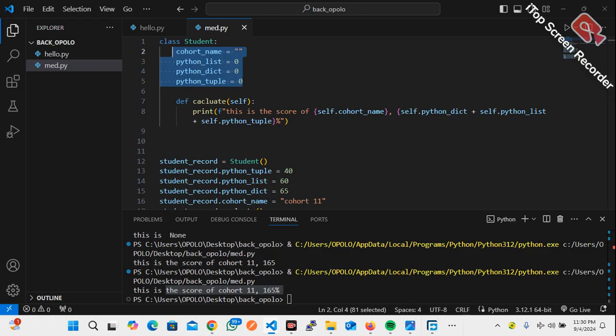Now, if you are using a constructor, it comes with parameters, right? The way you access a class that has a constructor is different from the way you access a class that doesn't have a constructor. So a constructor is just like a method, a class method. It's a special method. We call it a special method because you are not free to choose any name. It has a pattern, a model that it needs to follow. It's not like our calculate, where we can decide to change the name. In a constructor you can't do that. So it is a special method,